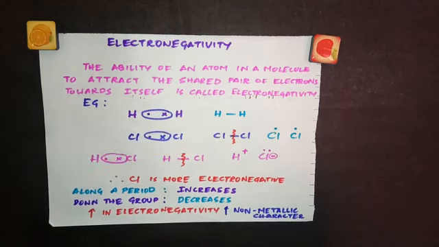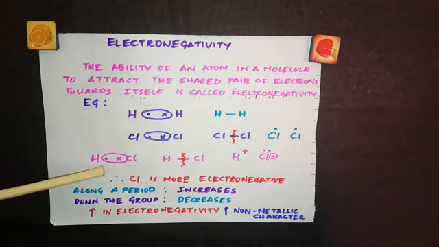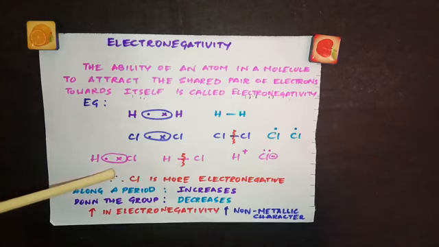But look at this molecule where a hydrogen bonds with a chlorine by sharing electrons. When a bond is formed by sharing electrons, we call that type of bond a covalent bond. You will be learning about these types of bonds in the next chapter. So now here both the atoms are sharing electrons. Hydrogen is giving one electron from its valence shell, and chlorine is also giving one electron from its valence shell, and both are sharing it. The reason they are sharing is so that chlorine could have 8 electrons in its valence shell and hydrogen can have 2, which we call a doublet, and this an octet.